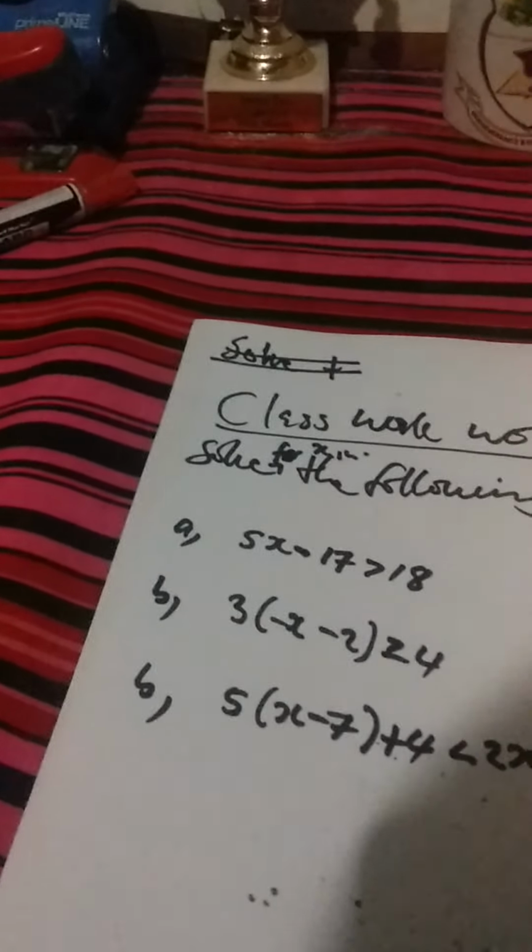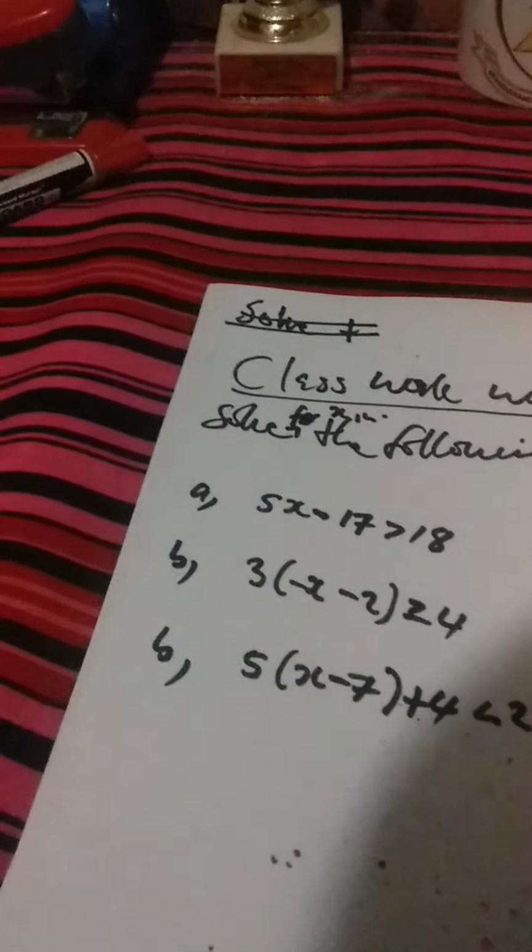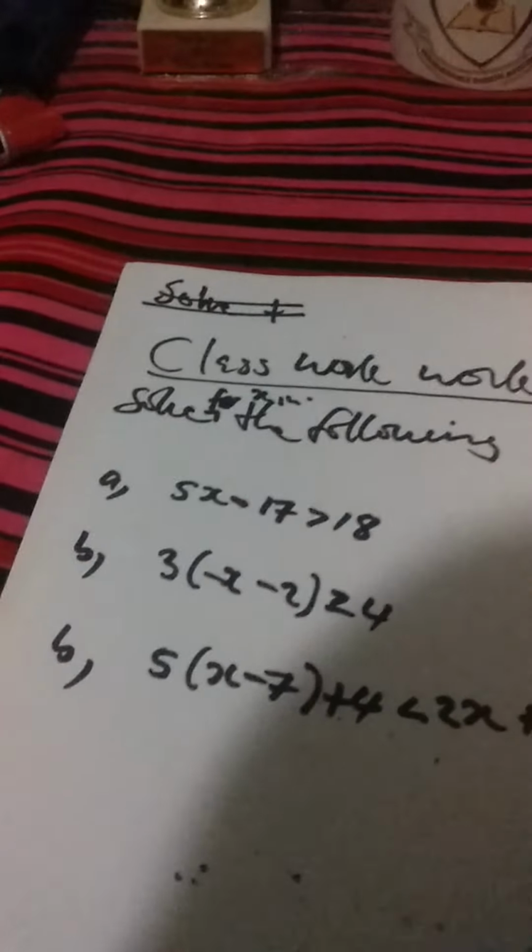So you can do some class work here. We have to solve for x in the following inequalities. A, we have 5x minus 17 greater than 18. B, we have 3 into x minus 2 greater than or equal to 4. And C, we have 5 into x minus 7 plus 4 less than